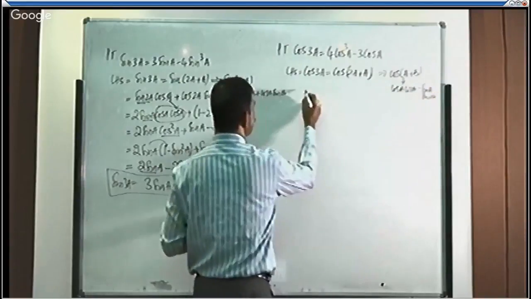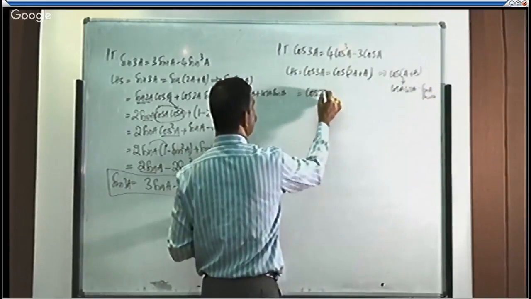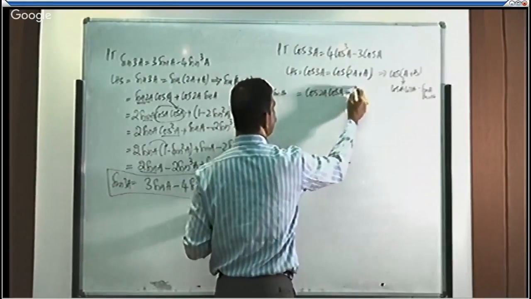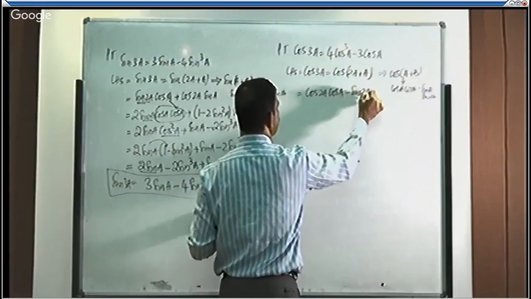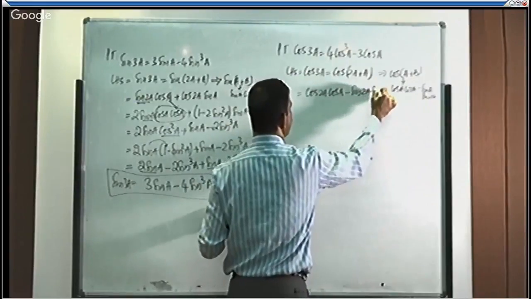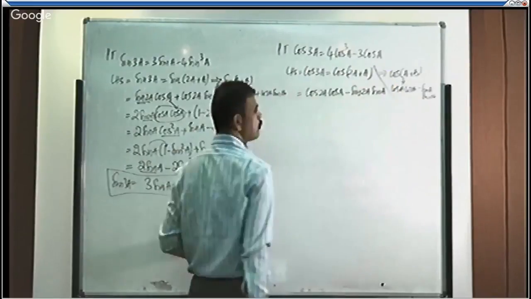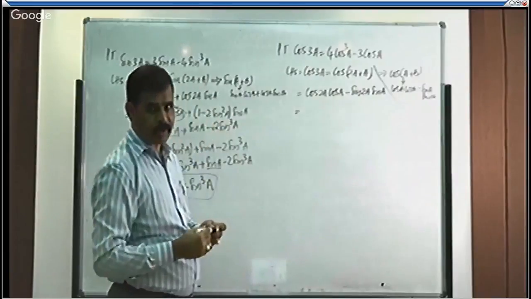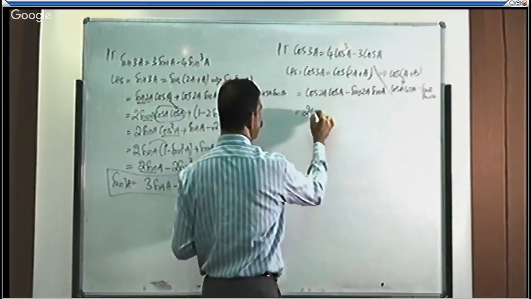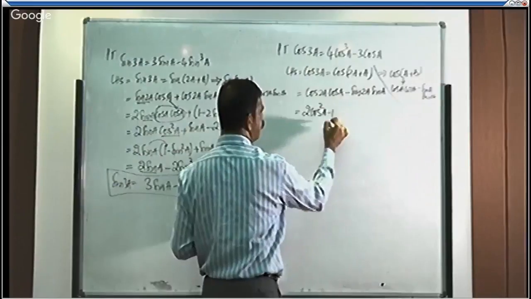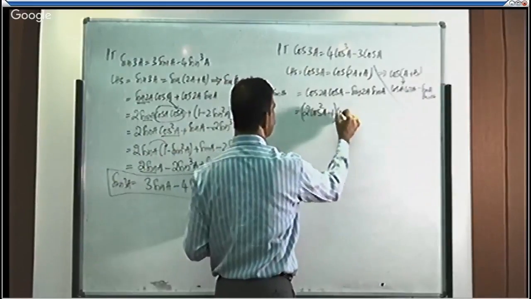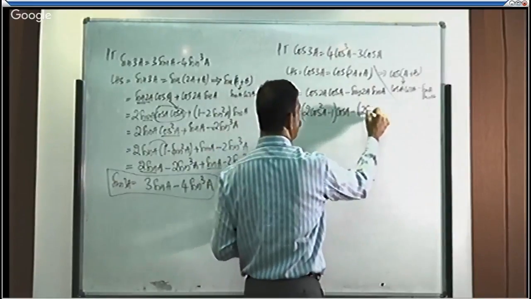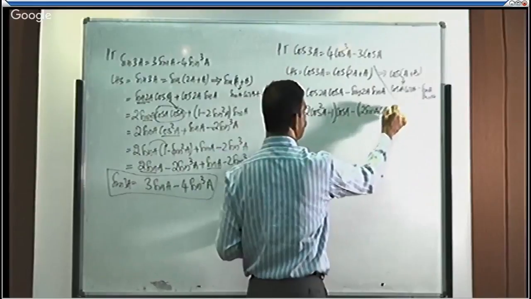Right? According to that, cos A is 2A into cos B. Cos B is A, minus sin A, where sin A is 2A, into sin B. Sin B is A. Write cos 2A in terms of cos only. What is that? That is 2 cos square A minus 1 into cos A, minus, for sin 2A we have 2 sin A cos A, isn't it?